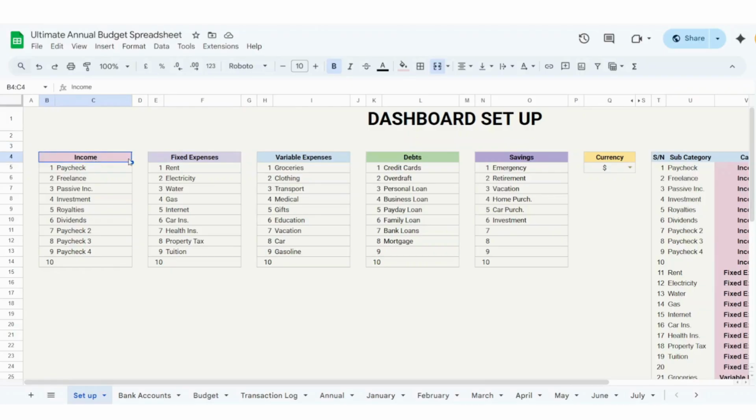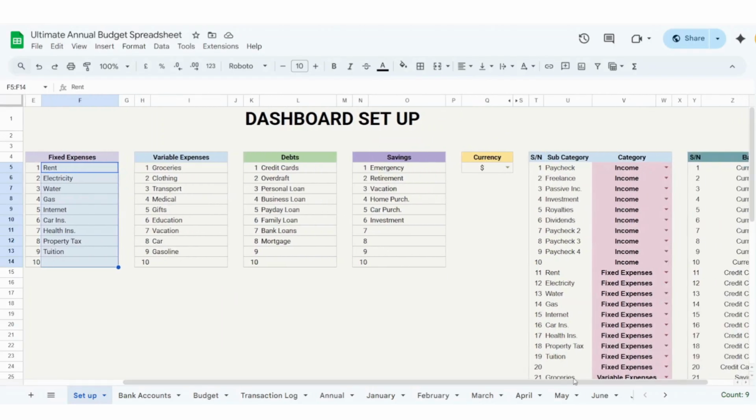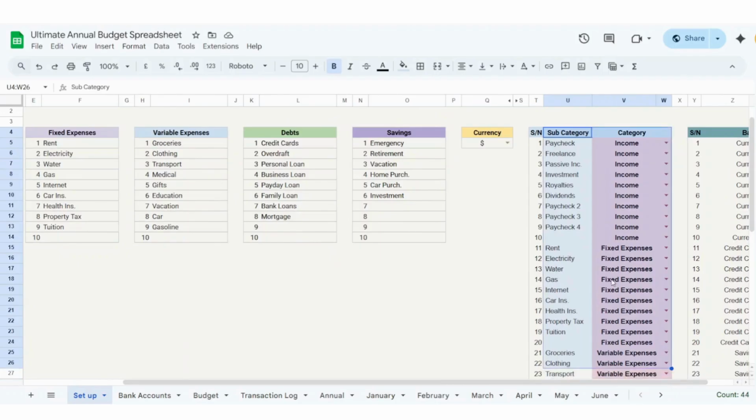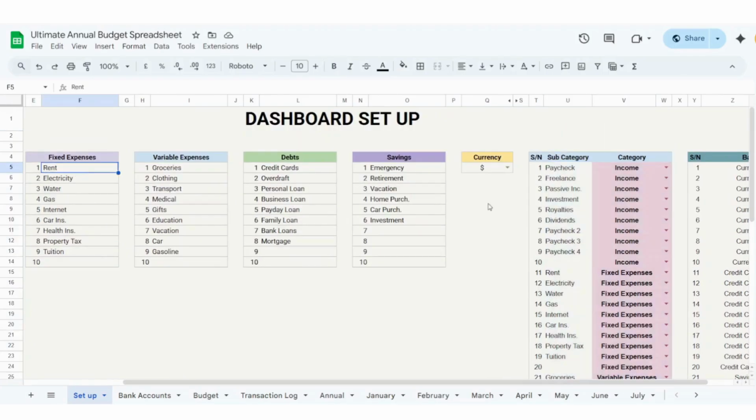If you don't want to call it income or you just want to call it inflow, it's good. You list the items under your income or for each category here. After doing that, you don't need to make any changes to this section. Whatever you input here automatically reflects here. Let me show you an example. Here, number one is rent. If I change it,